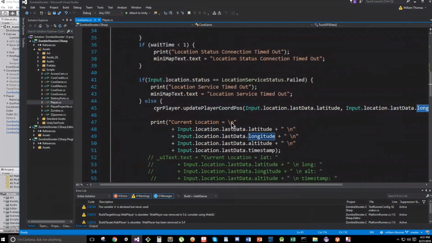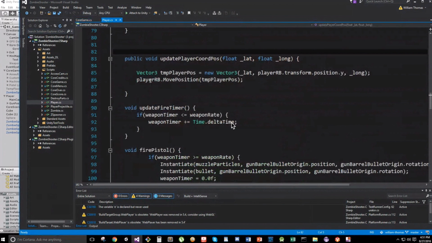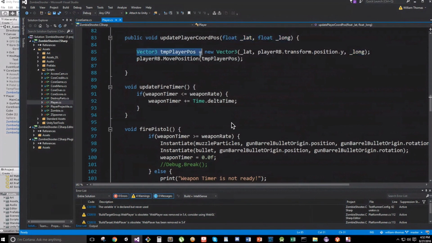So in the update coord position, it takes those two floats I pass in its parameters, and I create a local Vector3 named tempPlayerPosition equals a new Vector3 and the lat passed in the parameters,